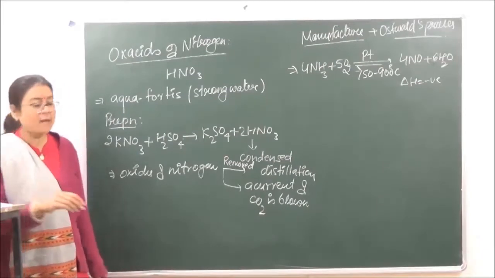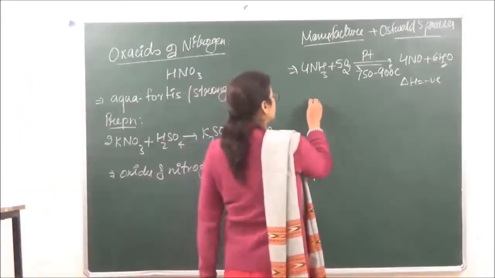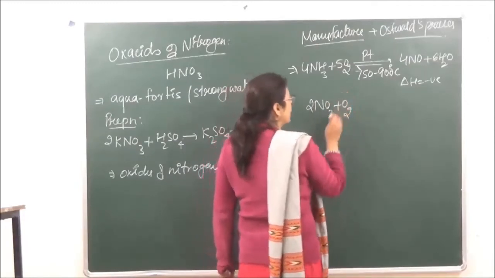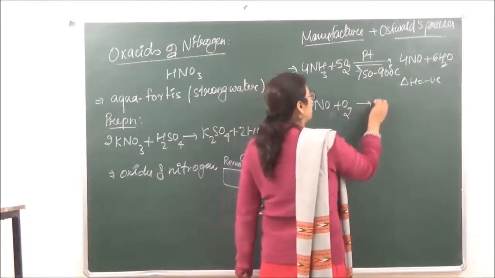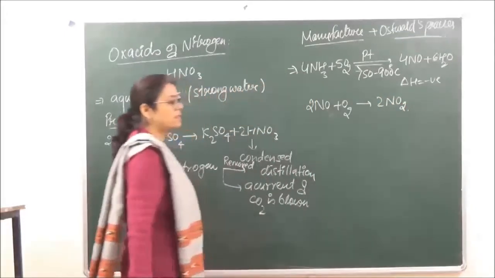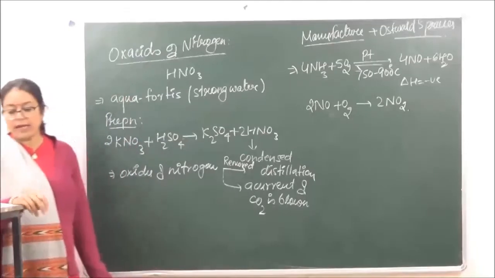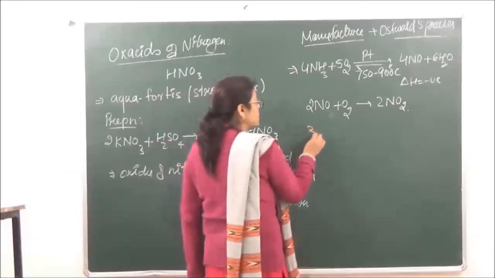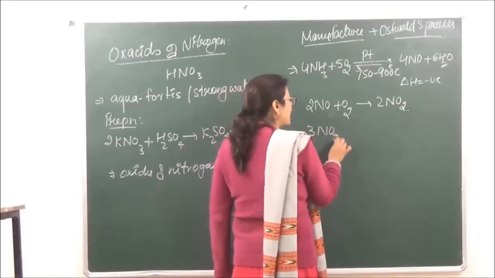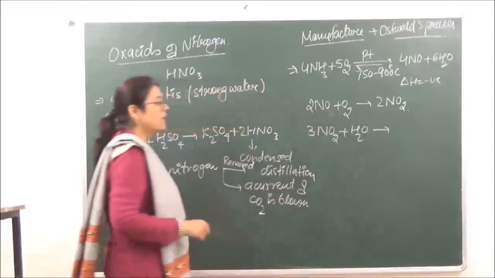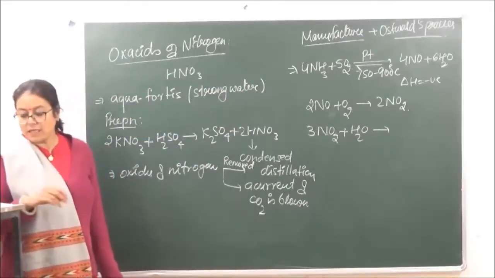In the second step, we are going to do the oxidation of nitric oxide, which is prepared, to give us nitrogen dioxide. ठीक है? और ये जो नाइट्रोजन डाइऑक्साइड यहाँ पे बनता है, that is in the final stages reacted with water, or it is hydrolyzed to give us nitric oxide.